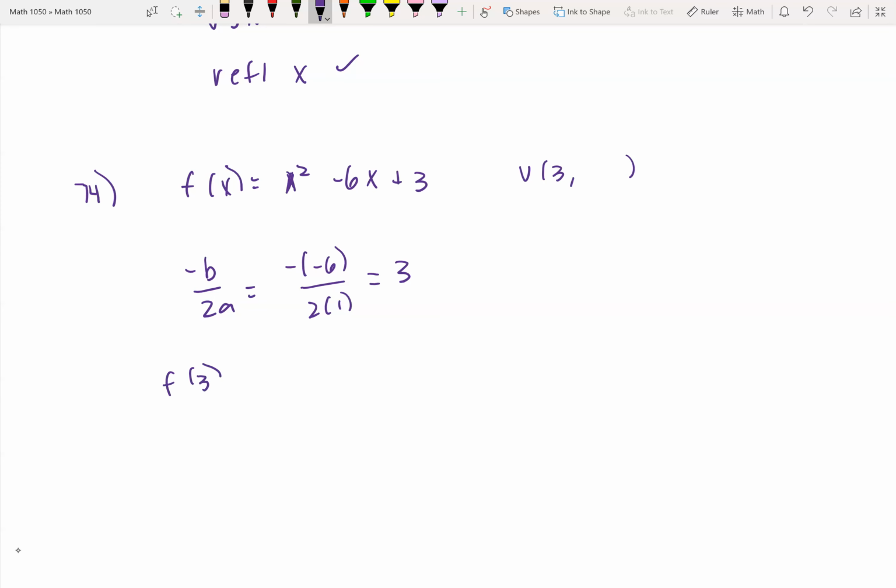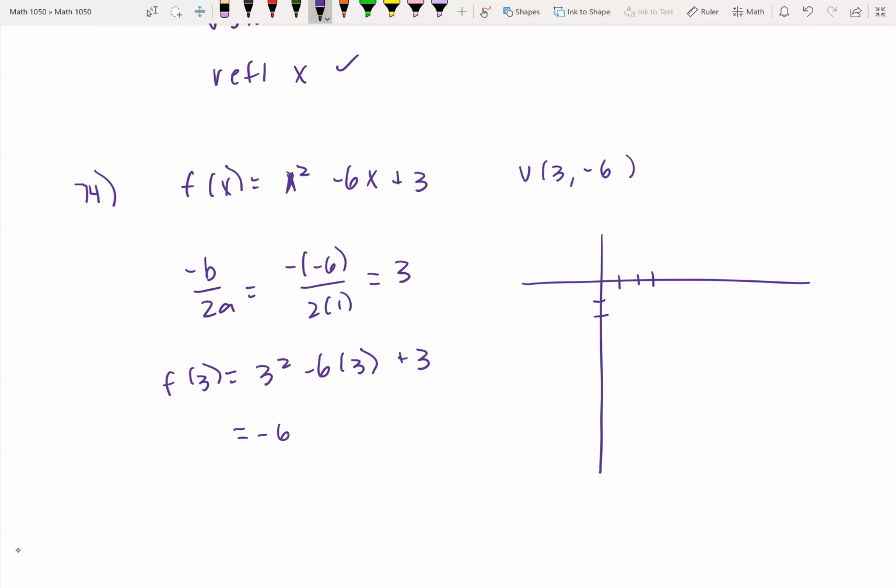And then I'm going to go f of 3 is 3 squared minus 6 times 3 plus 3. You guys look at the work that I'm showing. That is exactly what you have to show. So make sure you have everything that you need on there, okay? Okay, this gives me a negative 6. So now I'm going to come over here, and I'm going to go right 3, down 6, and that is